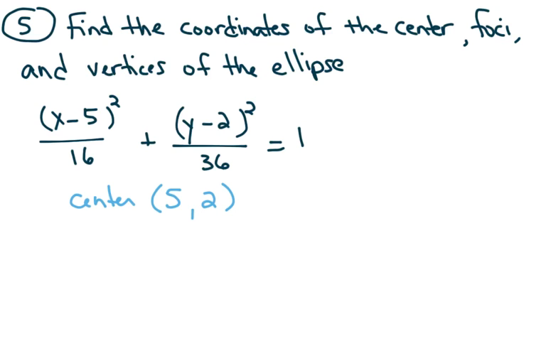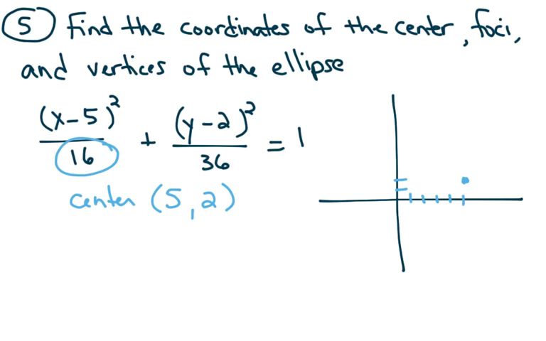So I'm going to start by drawing myself a little picture here. So 1, 2, 3, 4, 5, 1, 2. Here's the center. And then the square root of the number under the term with x, which is 4, says that there is a point 4 units to the right of center and a point 4 units to the left of center,